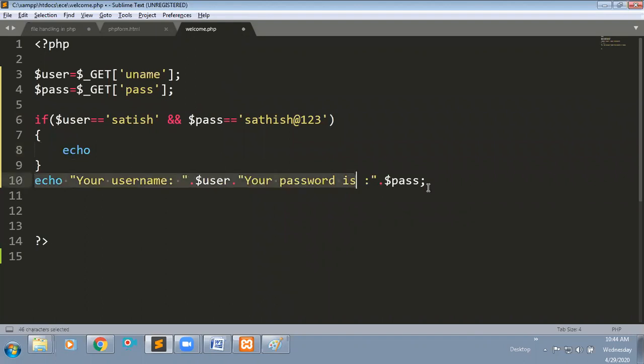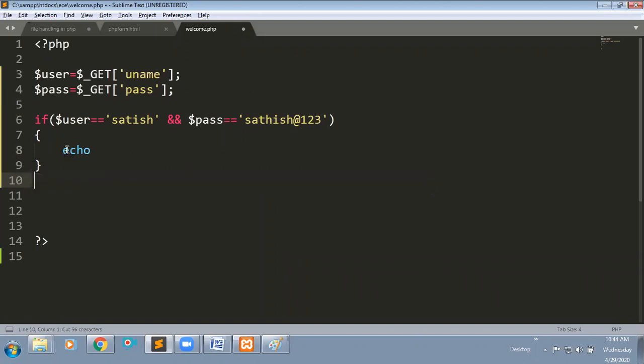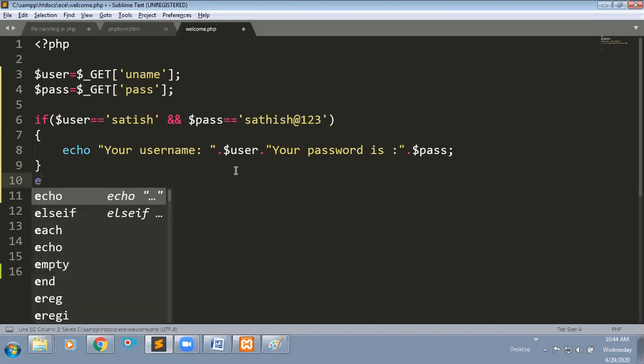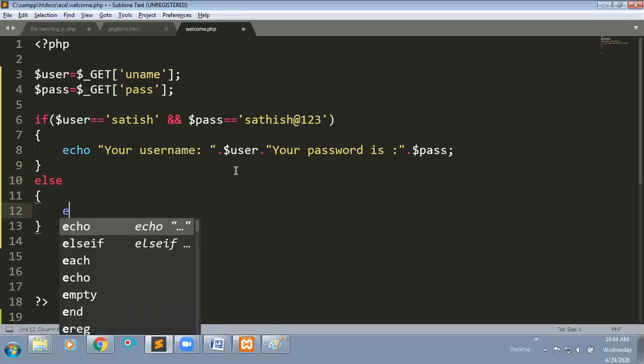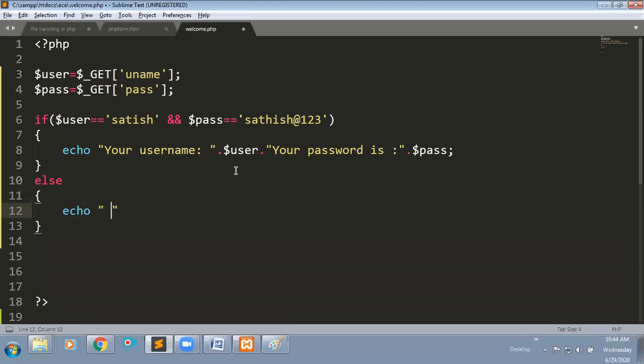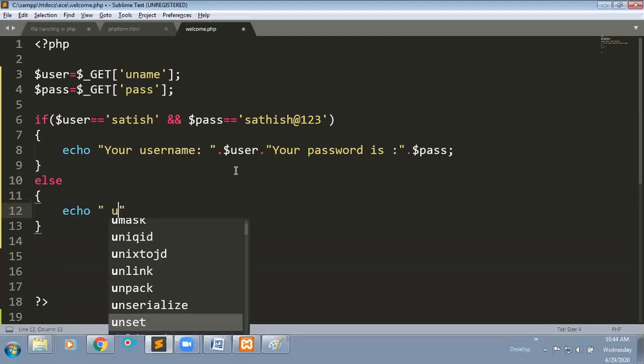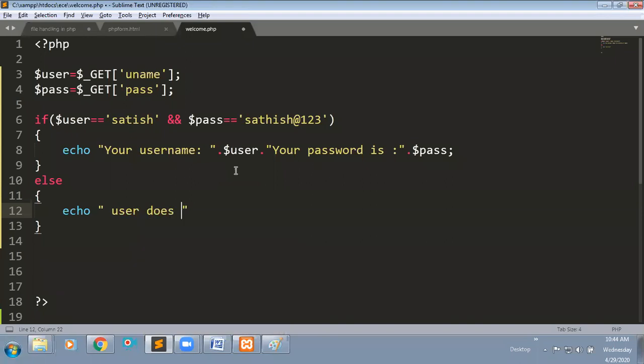Simple. Both are equal, so just give this message. Else, just give an error message, that is, user not exist.